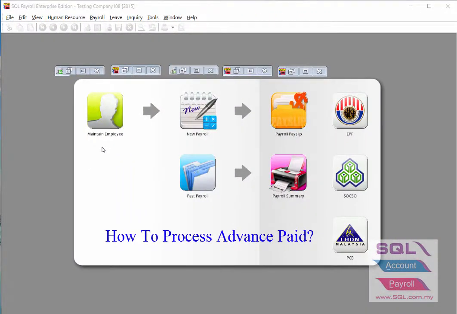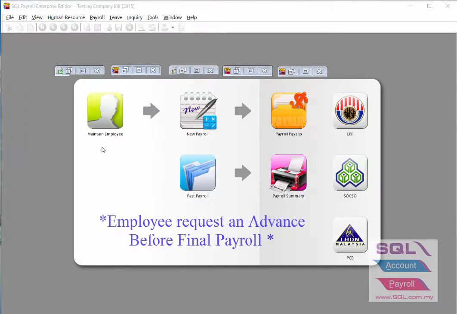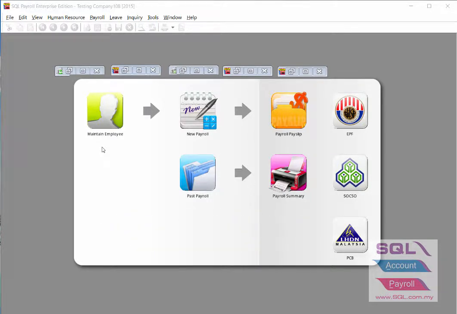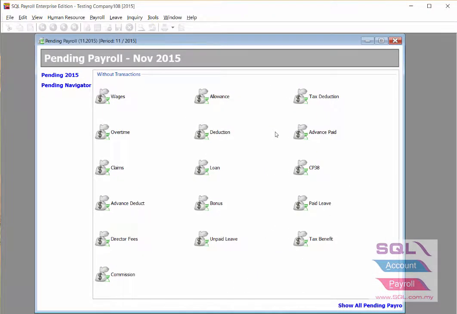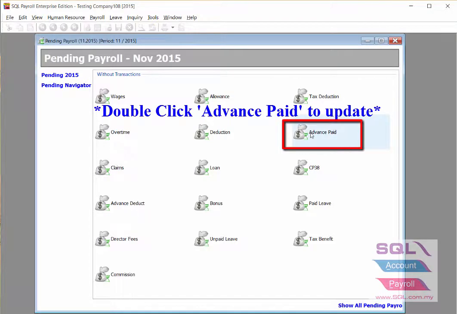Hi, today's topic is how to process advance pay. Before the employee gets their final salary, if the employee is asking for an advance, first to set up, go to payroll, open pending payroll, double click on the money back of advance paid,